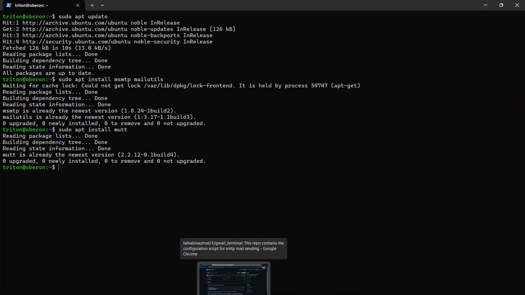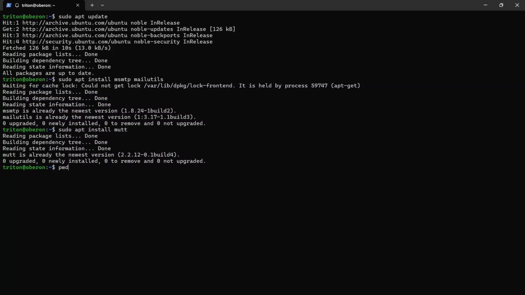So the next step is that you have to make a configuration file. How are you going to make a configuration file? You have to be in your home. So let's check, am I in my home or not? Let's do a pwd, so you can check that I'm in home Triton. I'm going to create a new file, so I am going to write in vim